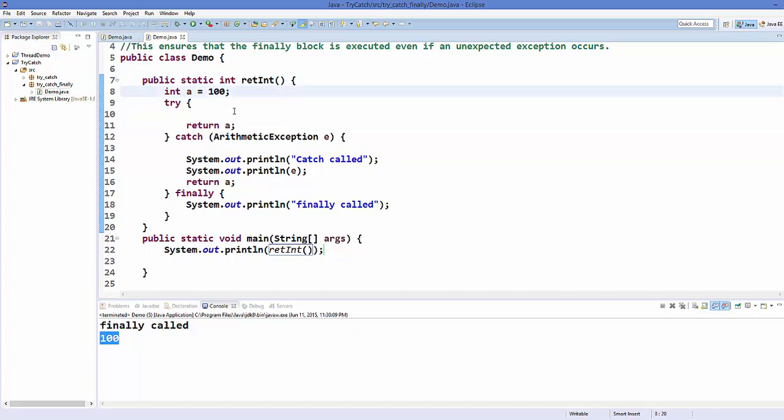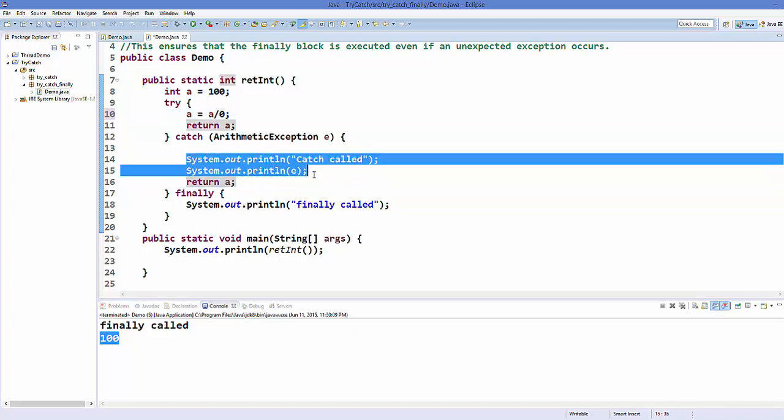So let's divide this by 0, not here, but for example do it here. A is equal to a divided by 0. So it will throw, right? So it will go here and then exception code will be called, and then let's see what happens.